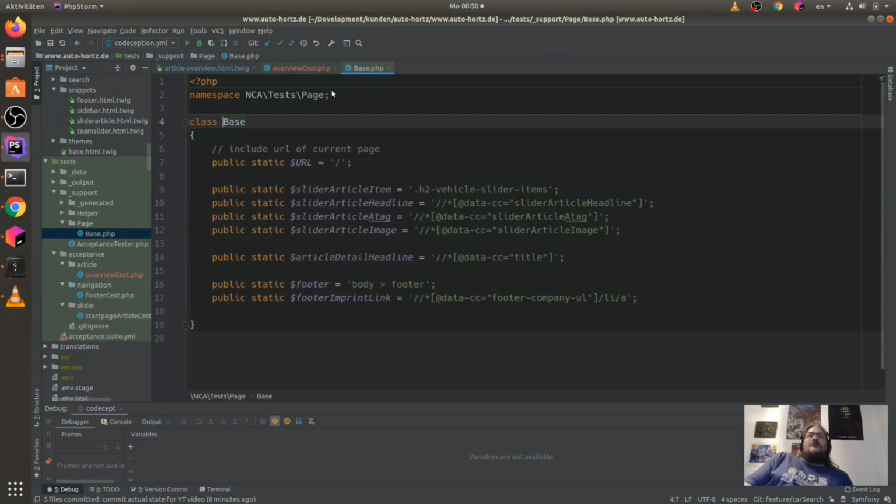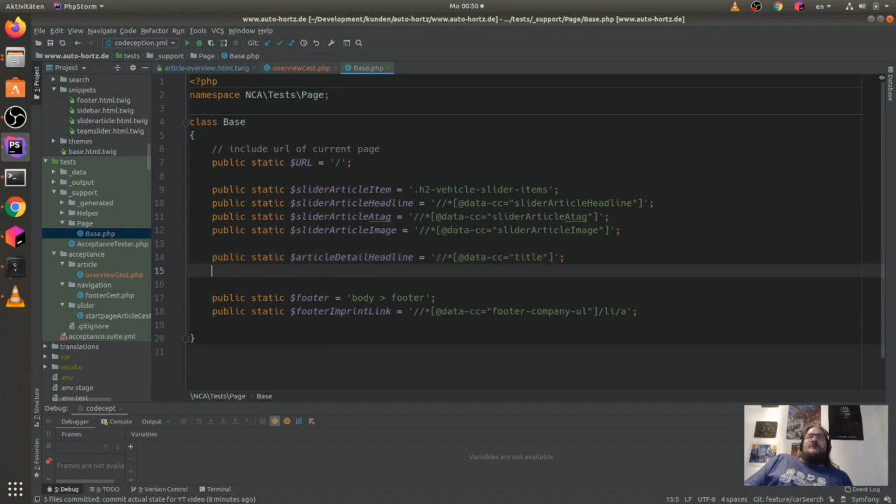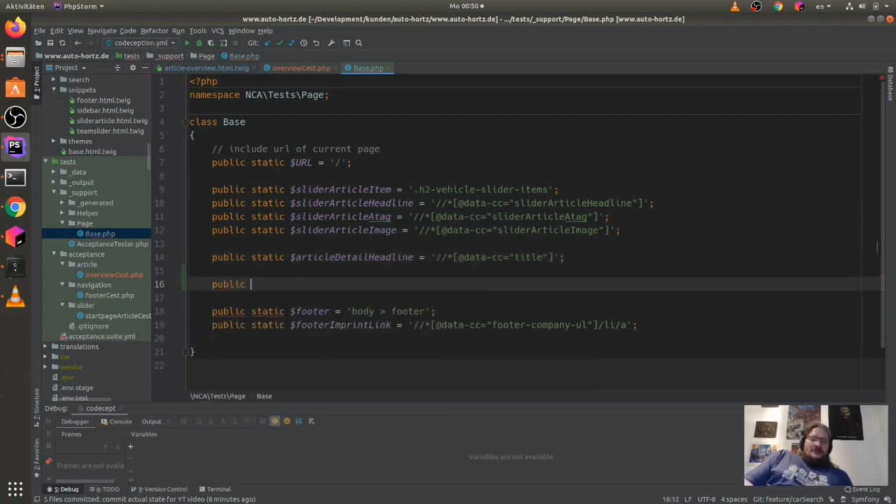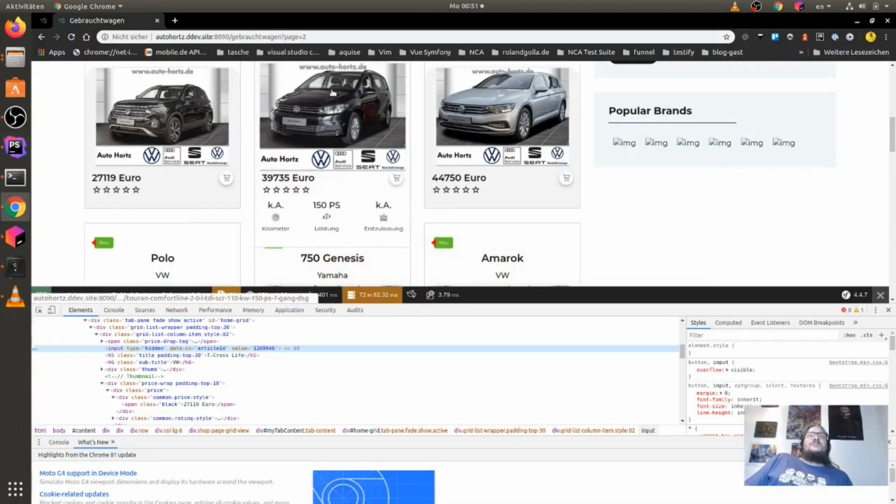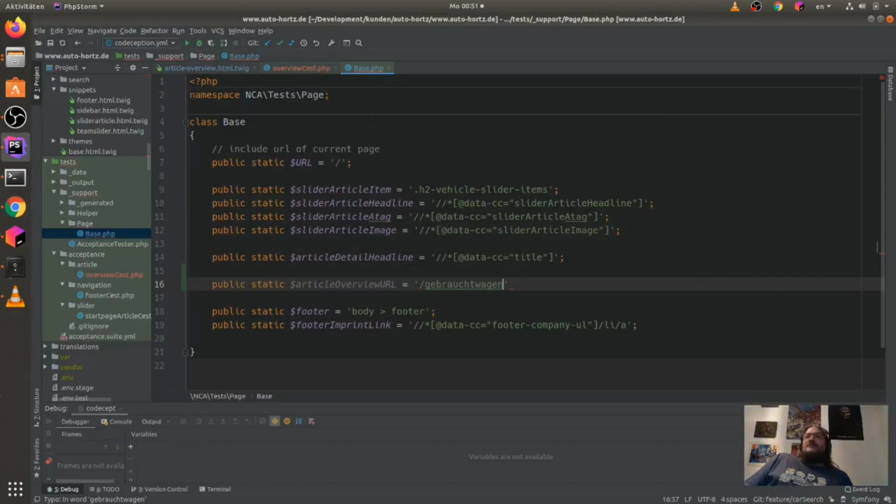And when we go to this, we have here some article overview, public static $articleOverviewURL. I think it's just Gebrauchtwagen. But let me confirm this. Gebrauchtwagen, okay.